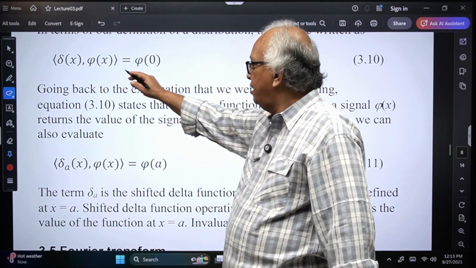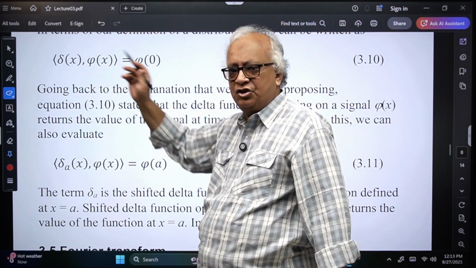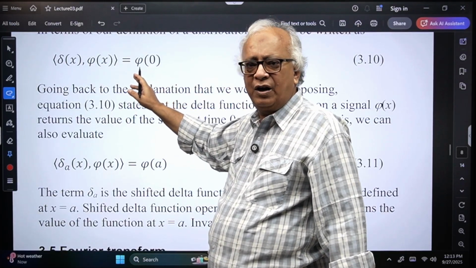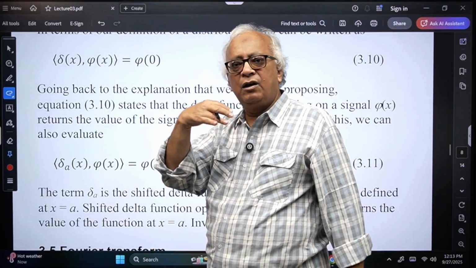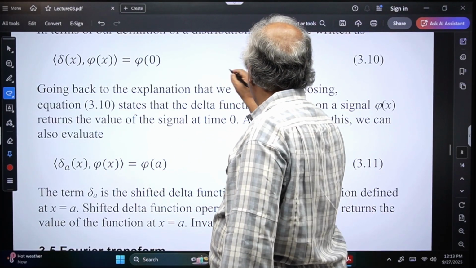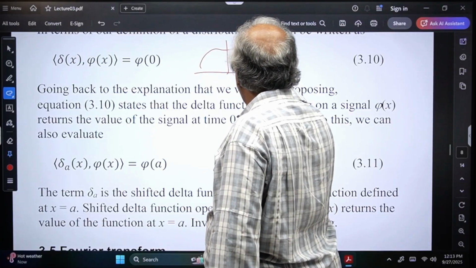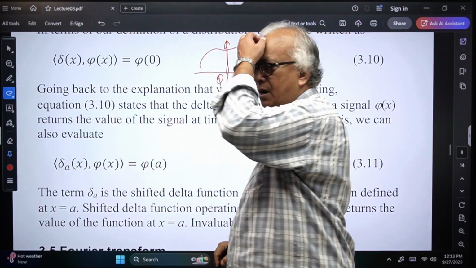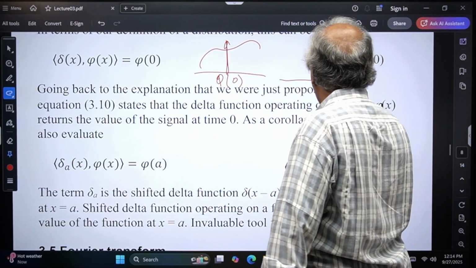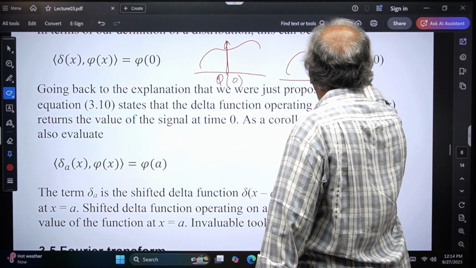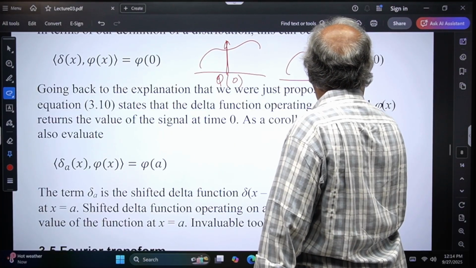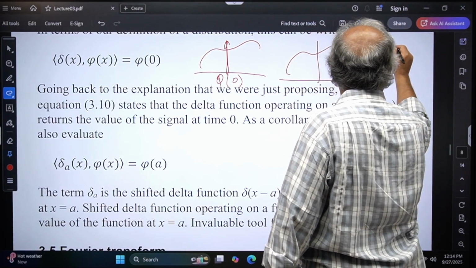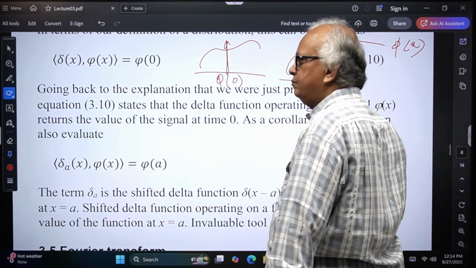এটার অর্থ দাঁড়াচ্ছে যে ফাই এক্সকে যদি আমি ডেল্টা এক্স যেটা জিরোতে আছে দিয়ে যদি আমি পেয়ার করি তাহলে আমি জিরোতে ভ্যালু ফেরত পাবো। এটার একটা করোলারি হচ্ছে যদি এখানে আমার ডেল্টা এ হয় তাহলে আমি ফাই এ ফেরত পাবো। ওকে,